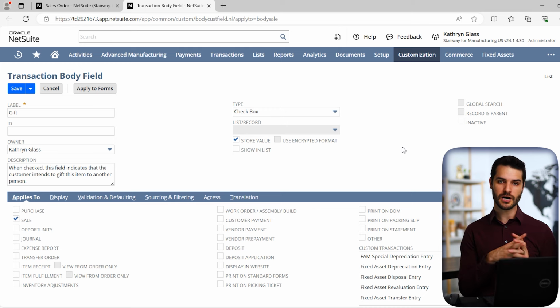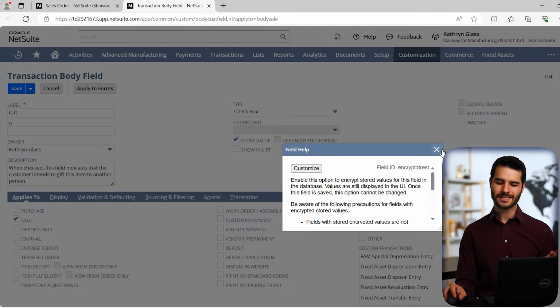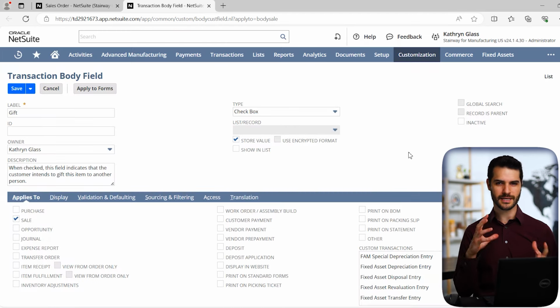So if you want a much more detailed walkthrough of all of these different settings, of course, you can always click on these things and read the field help. Sometimes it's not always the most descriptive or it doesn't easily explain things. So again, if you check out the Administrator Fundamentals course, I really walk through these in quite a bit of detail. So moving on to the next major category that we need to talk about